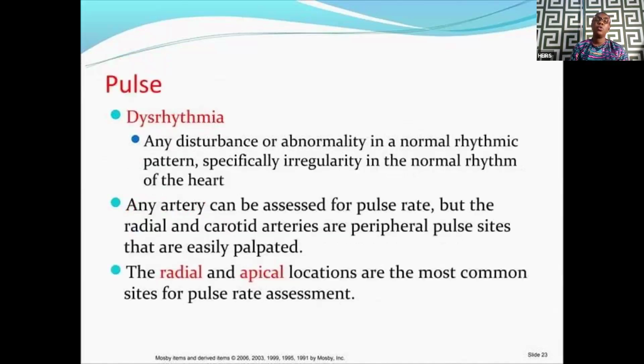So dysrhythmia, this is abnormal rhythm. Rhythm is rhythm. So we already said you're checking for the rhythm. The heart, the pulse rate should be